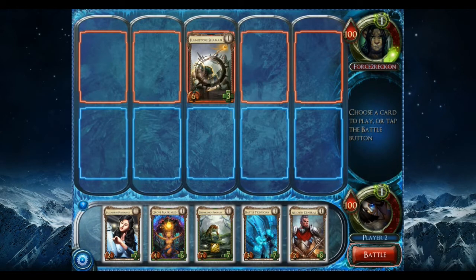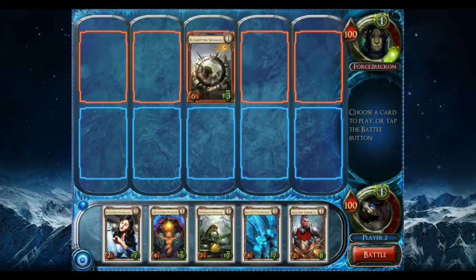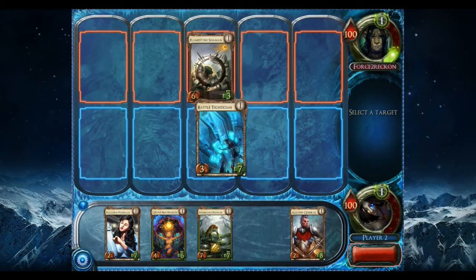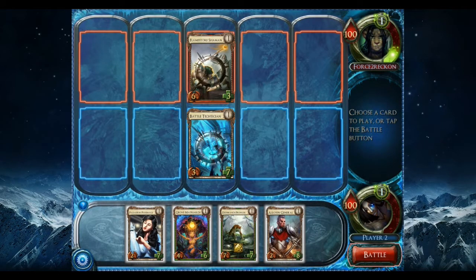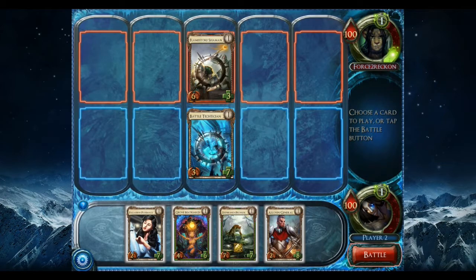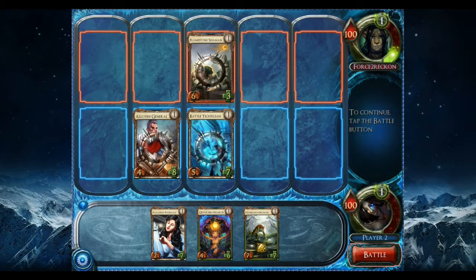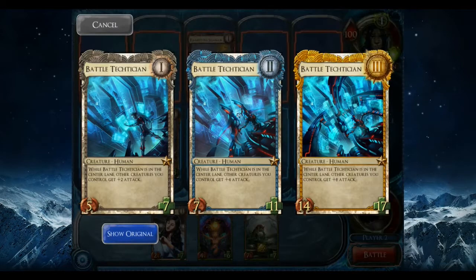Now, every turn after the first turn, a player may play 2 cards from their hand. Battle Technician gives everybody +2 attack, and he'd survive an attack from this Flamestoke Shaman and kill it. When he's in the center, he gives everyone on his side of the field a bonus to attack. The Alloy General gives adjacent minions bonus attack. So I'm going to pop an Alloy General next to this Battle Technician to make it stronger,